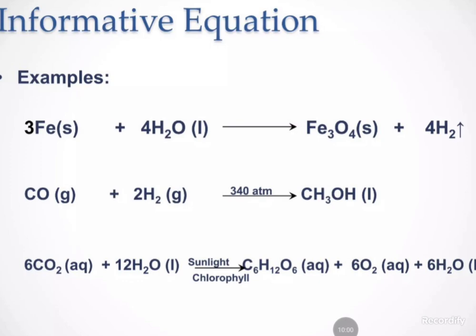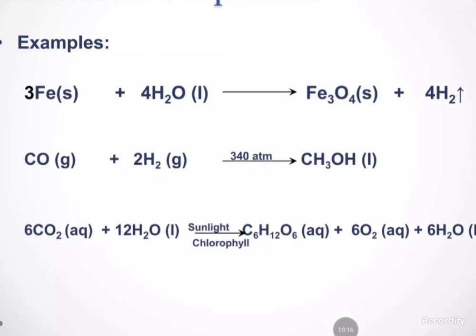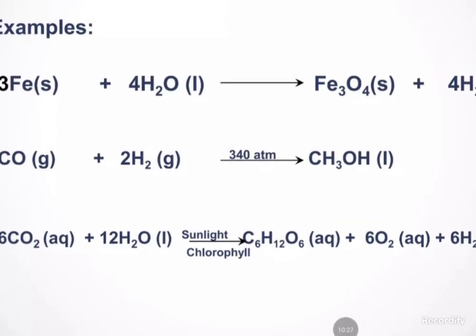Take the second example: CO, carbon monoxide, is reacting with hydrogen gas to form methanol. CH3OH is nothing but methanol. So 340 atm is the unit of pressure. As per our discussion, we should represent pressure, temperature and catalyst above the arrow mark or below the arrow mark. In the same manner, see here,